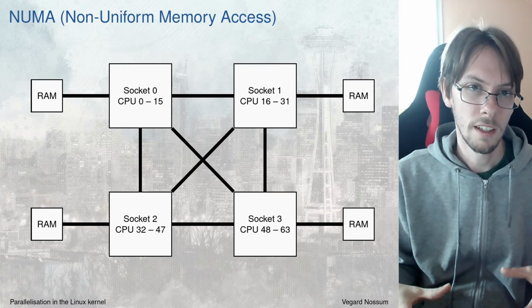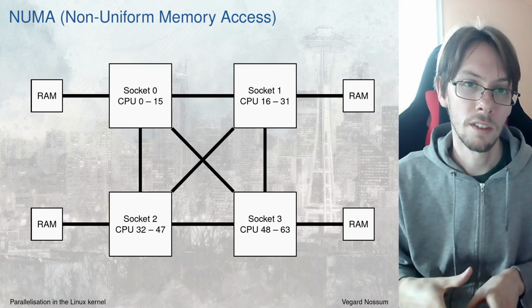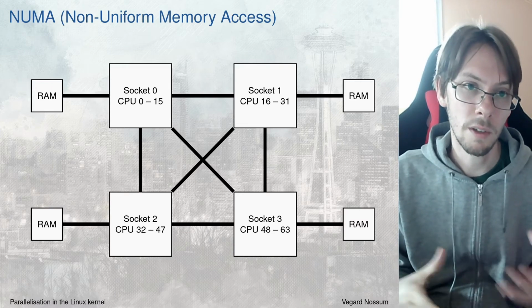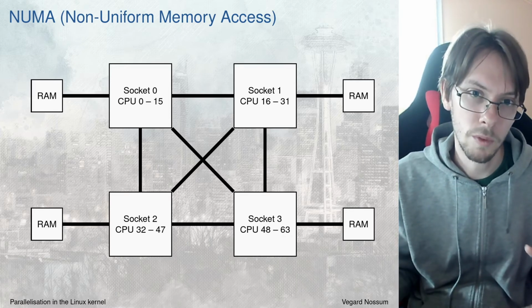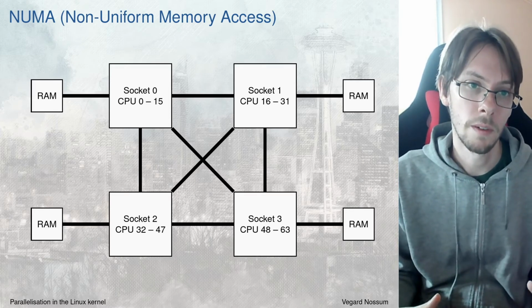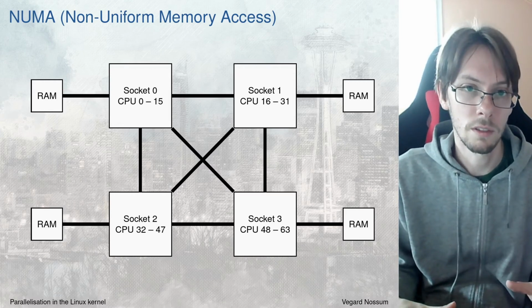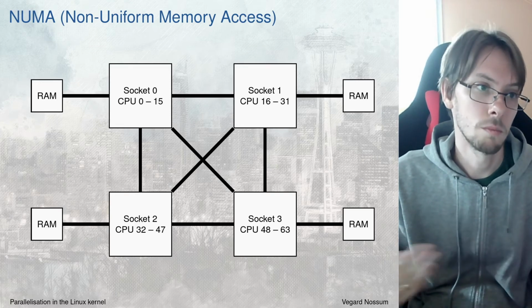However, it's much slower to access memory outside of your own socket. So that's why the commit is talking about the cost of contention. Because now you're not just moving the cache line from one cache to another, you may actually be moving it from one RAM chip to another. And then now we begin to see how costly it can be to request access to something that you can't